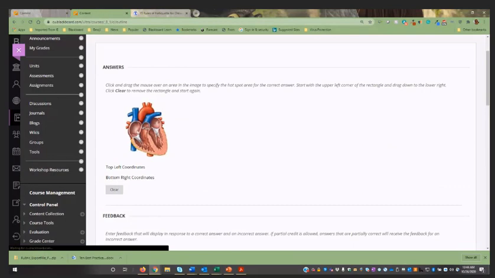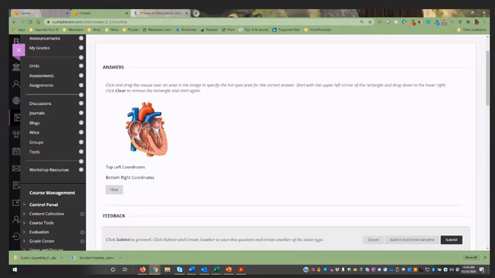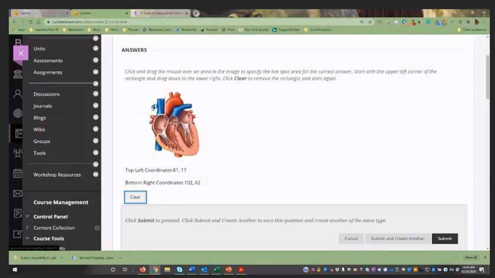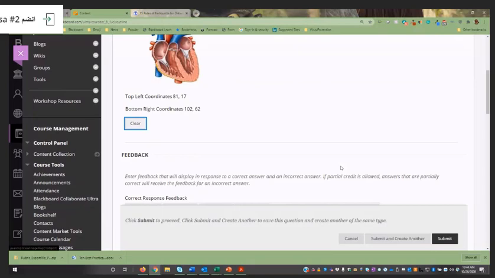Now, in that heart, here's the heart. What do they need to click on? They need to click on this area right here. So I can select and drag. If I go too far, I can clear it and try it again. All right, so I have this section. I'm going to make this bigger for you. There we go. So if they click anywhere inside of that, it's going to, okay, so the correct answer,